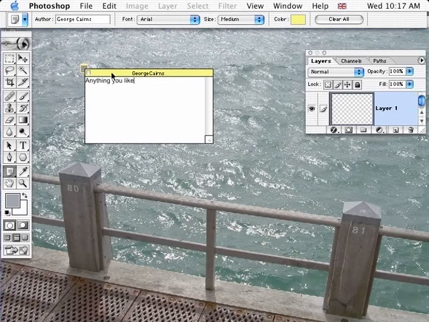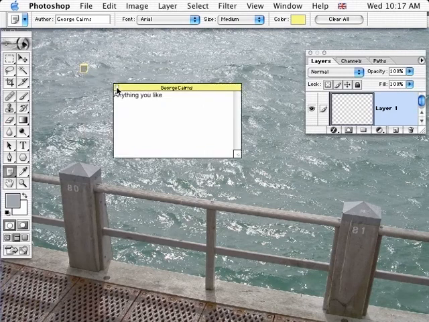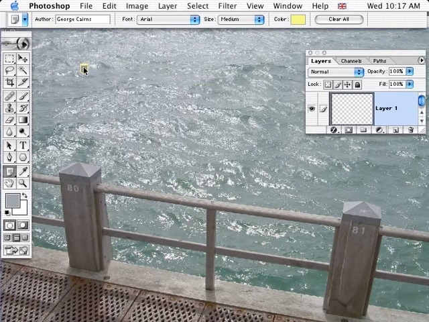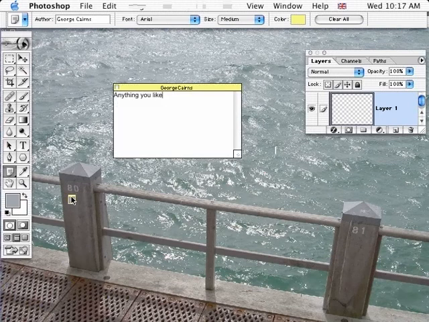Okay, now you can close that up by just clicking on the little close icon, but you still have this little floating note that will give whoever's looking at the image the opportunity to double click on it and it'll open up your note. If you want to change the color of your note, click up to the annotation color here,